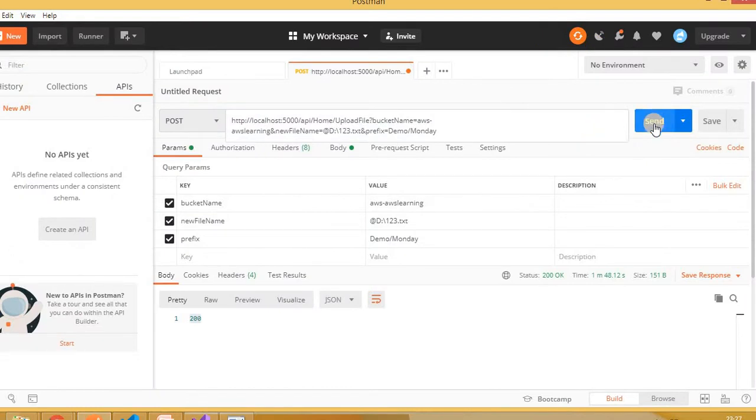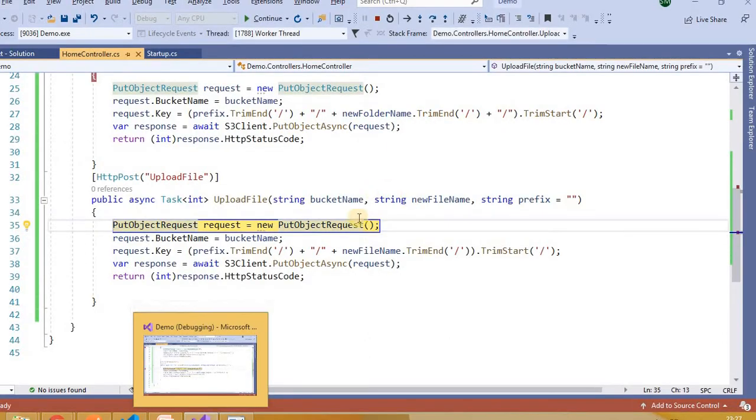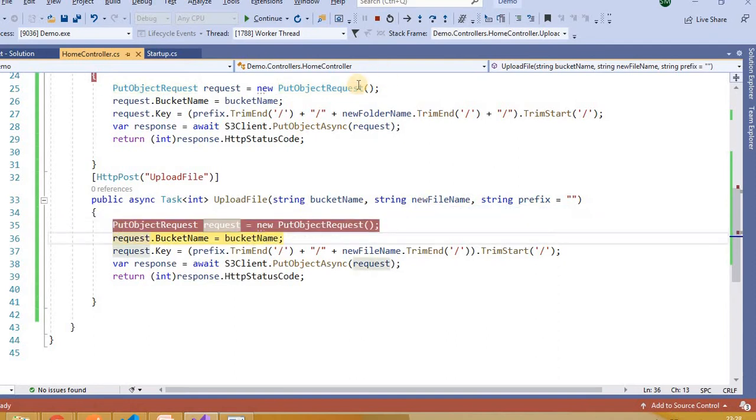Click on send. See, bucket name is fine, new file name is fine, prefix is fine. I hope @ will not cause any problem because the double slash is already there. Let's try. See, yeah, @ will cause the problem here.